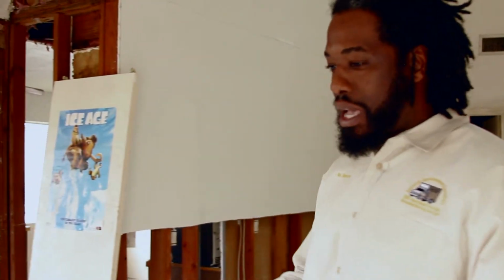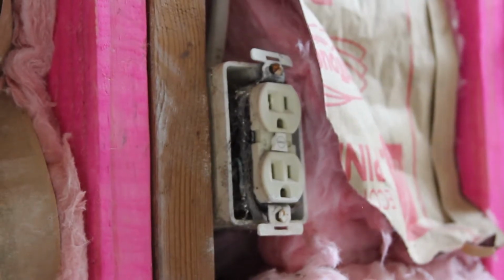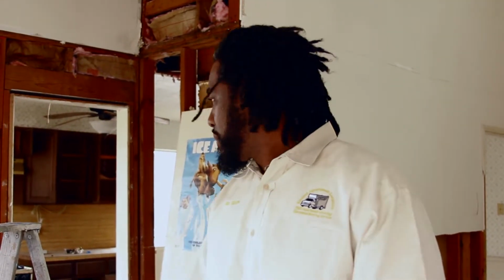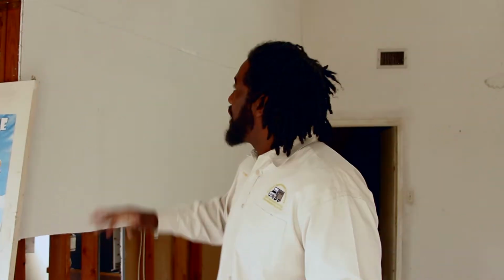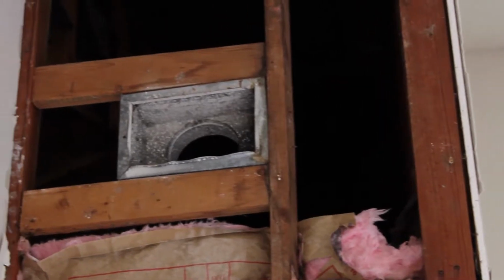The electrical's pretty good, so we're not going to worry about that, but we might possibly go through and replace some of these outlets just so that it has a nice new look. Outlets are very inexpensive, and when a new renter comes in, they're going to see it and it's going to look really good for them. In addition to that, the HVAC came back pretty good. We had to replace a blower on the AC unit, which cost about